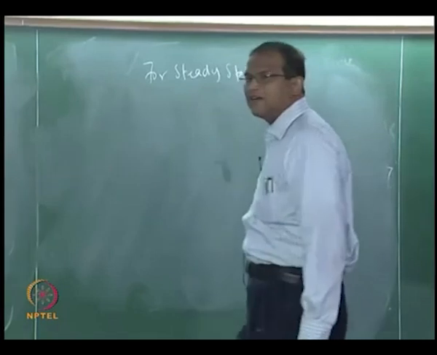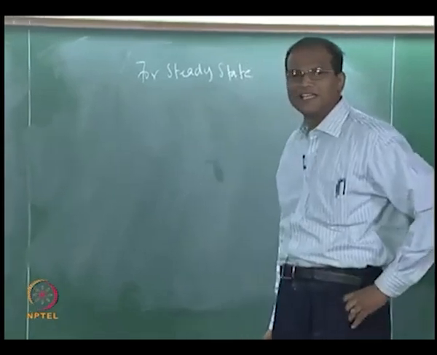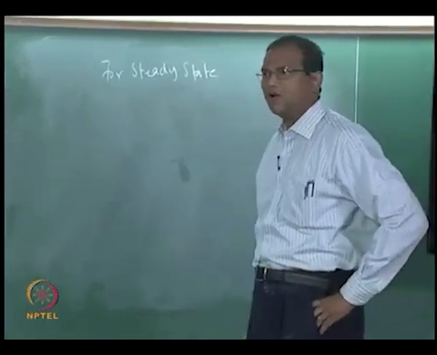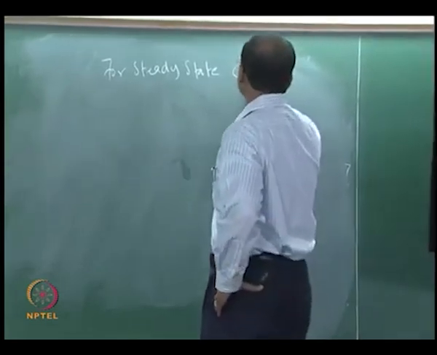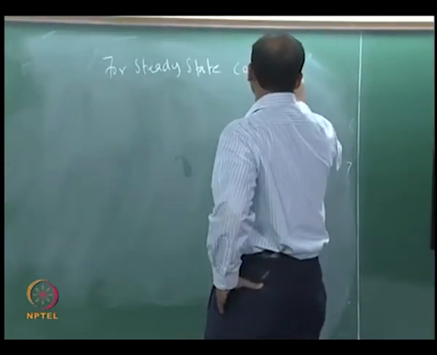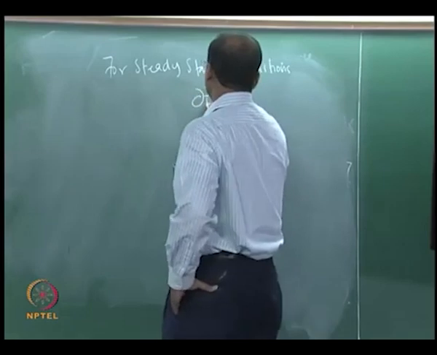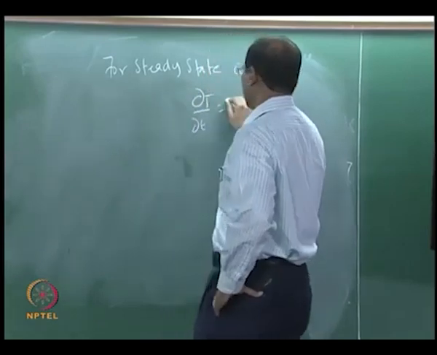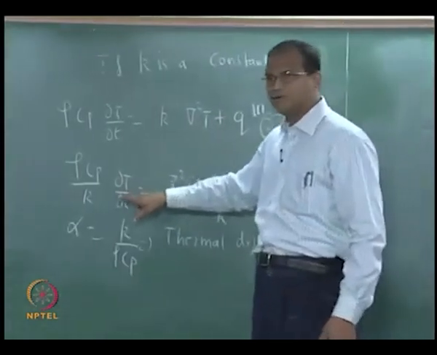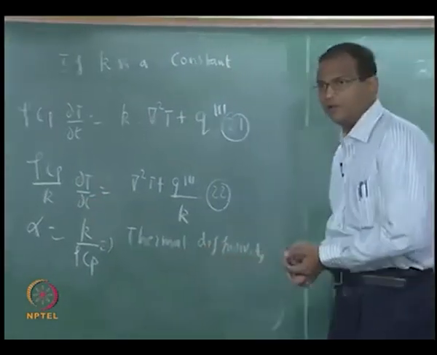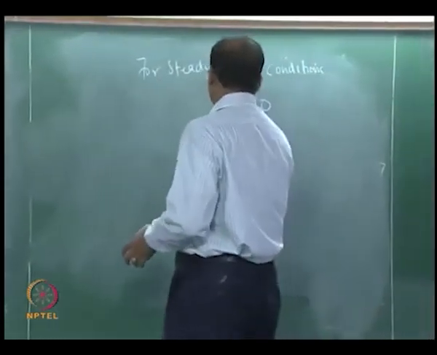If the net conduction plus the heat generation is balanced, then there is no rate of change of enthalpy of the material for steady state conditions, so there is no unsteady term. So this is the unsteady term which gives you the rate of change of temperature with respect to time. There is no unsteady term, therefore we get